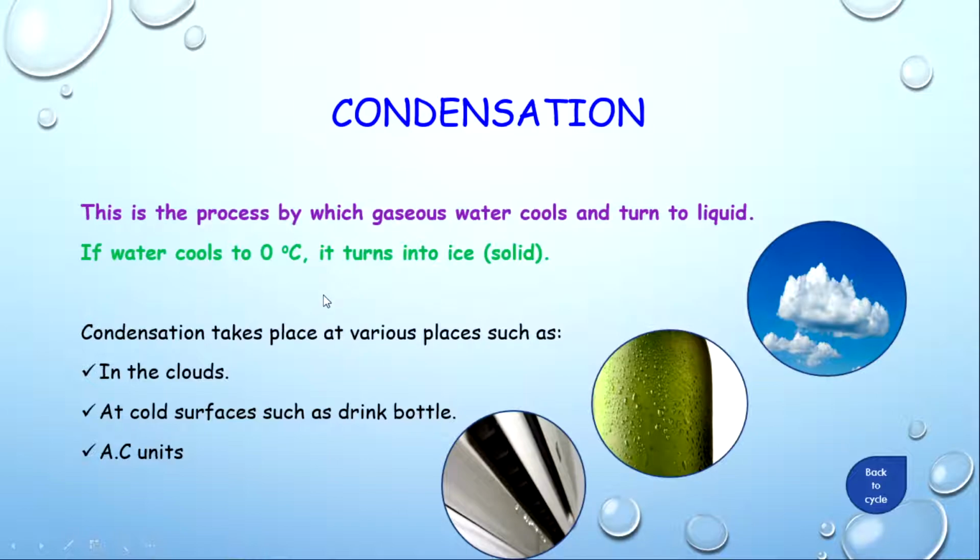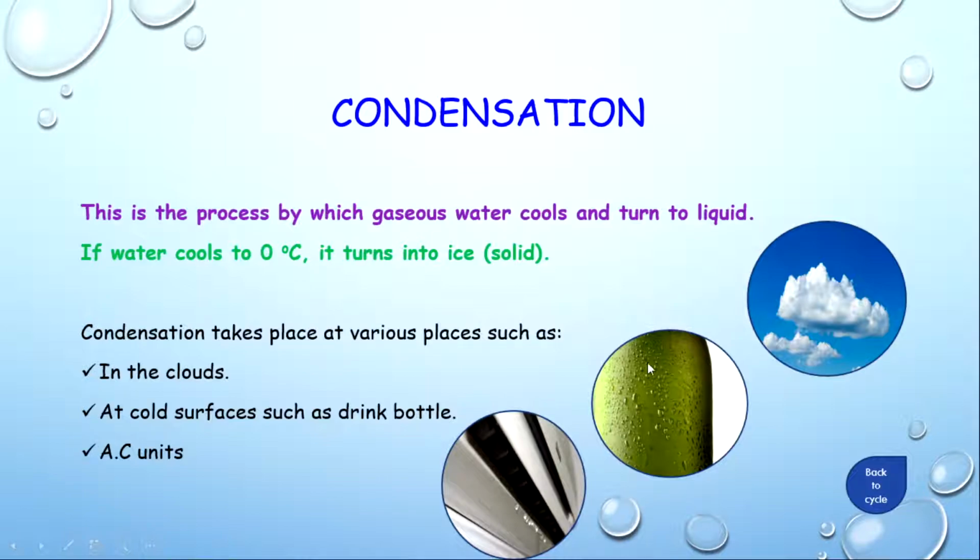Some examples of condensation taking place are in the clouds, and at the surface of bottles. For example, if you have a drink bottle or even a water bottle, and the content is cool, such as an icy drink or simply ice in a bottle, it will cool the gas on the outside of the bottle, and the gas on the outside will condense, and hence you will see liquid running from the bottle. So it's not liquid coming from inside the bottle, but from the gases that surround the bottle, which cool and